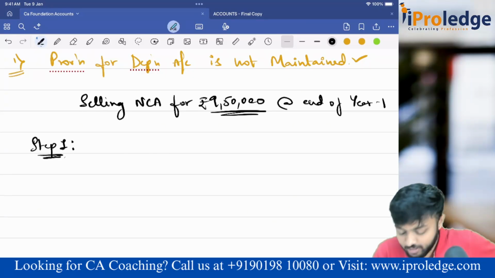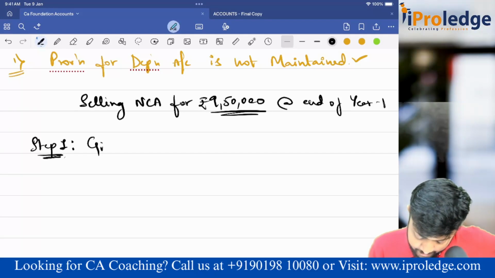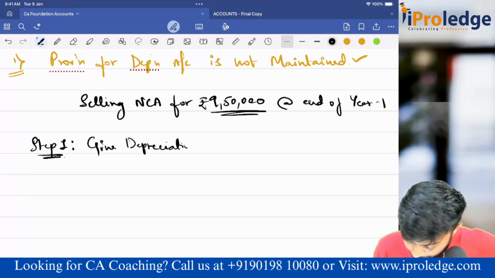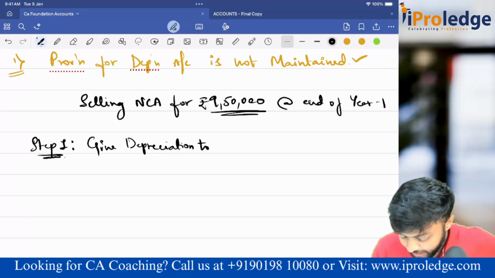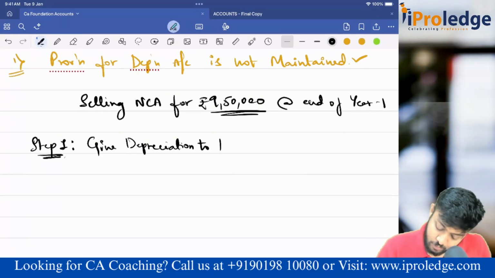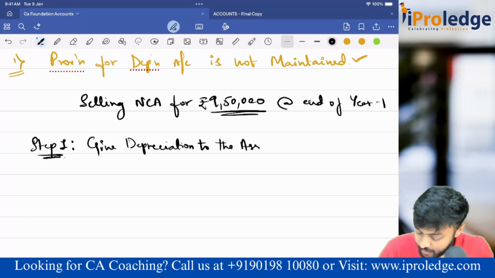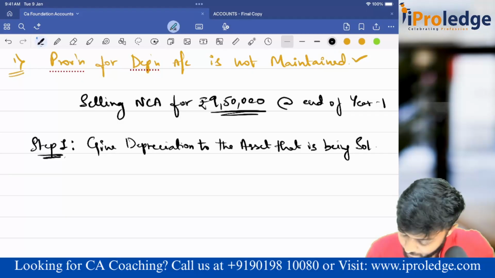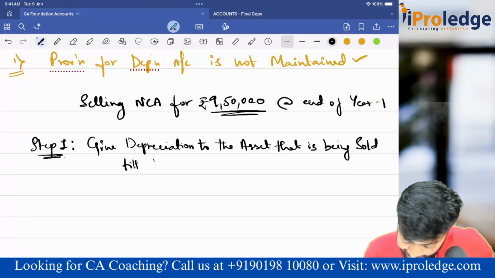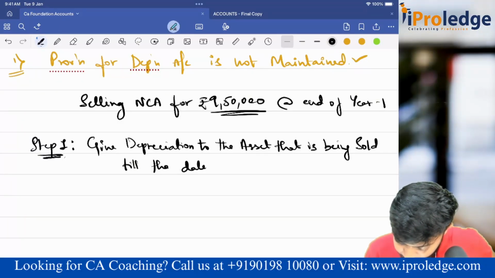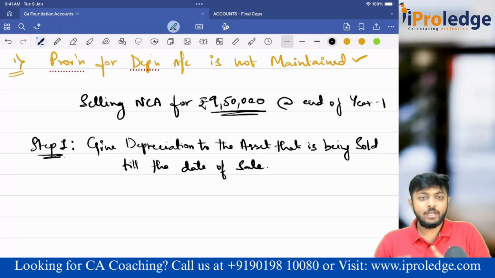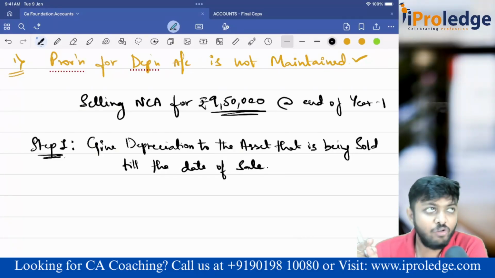Step 1 is give depreciation to the asset that is being sold till the date of sale. So first step that you have to do is, see, generally we have the practice of giving depreciation only